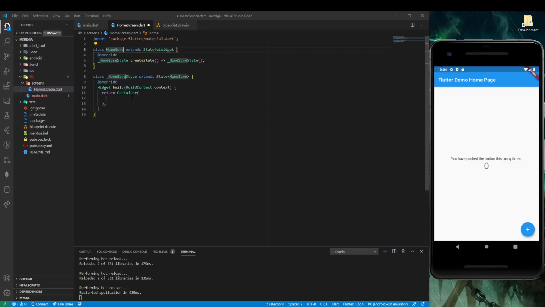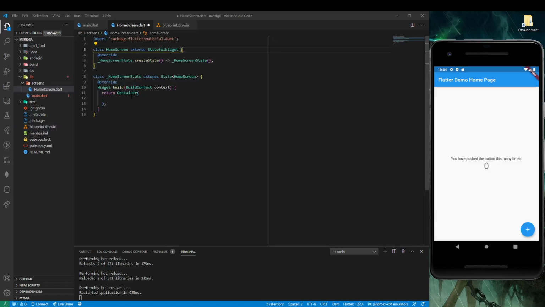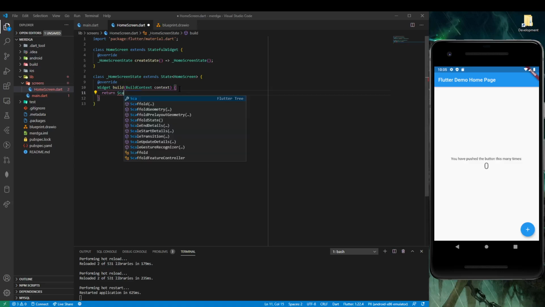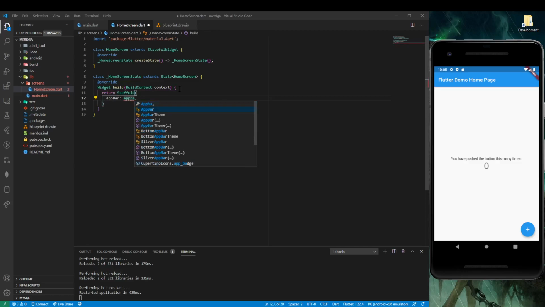So stateful home screen. Actually, let's call this home screen. And in our home screen, we have an app bar. And this all the way until here will be the body, and at the bottom will be the bottom navigation bar. So let's do that first. So return, what do we want to return? We want to return a scaffold that has an app bar with a title of